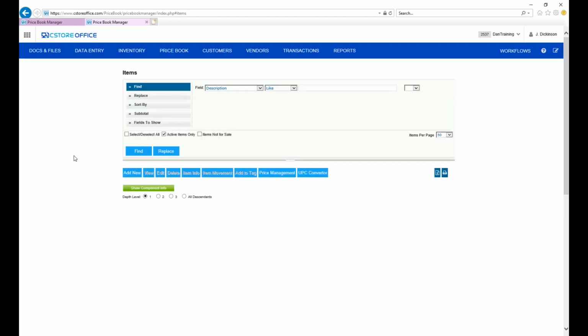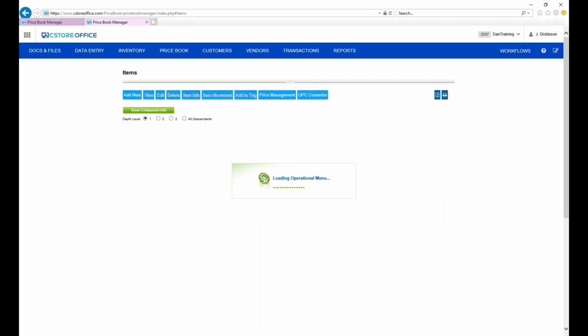and replace function. Now, while find and replace is available when you just come to price book items, you always need to keep in mind that this screen is only for account level data. So you can see here, when I go to the replace function, there's nothing that speaks to retail price. So in order to utilize the find and replace function for changing the price on retail items, you need to go into the price management module,